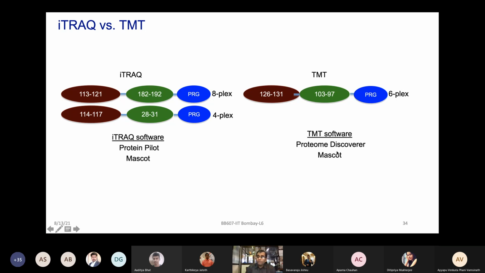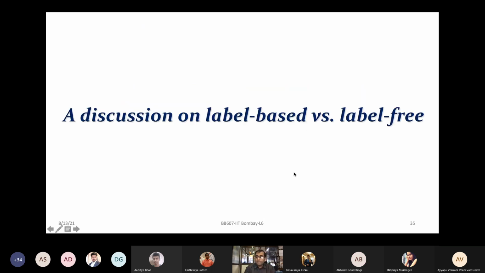But now more and more open access softwares are coming, and MaxQuant has really become very important in that way, developed by Matthias Mann and other very key scientists who have worked on that. Those softwares provide the ability to analyze TMT data or iTRAQ data as well as label-free data with open access. So none of you need to have these types of commercial software, which are very costly, to do this analysis yourself. We will be giving you some data as well for practicing, which you can go through in MaxQuant, taking iTRAQ or TMT data, and analyze yourself. You don't have to look for the commercial databases and softwares.